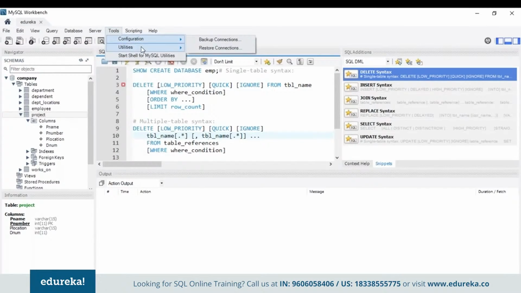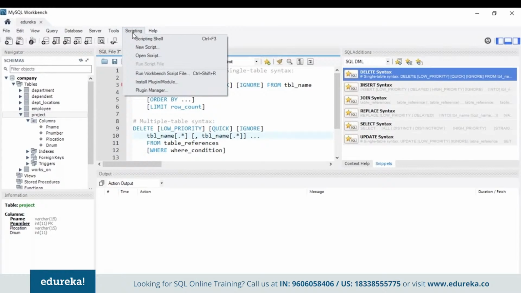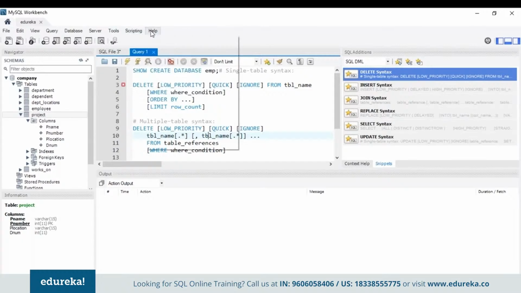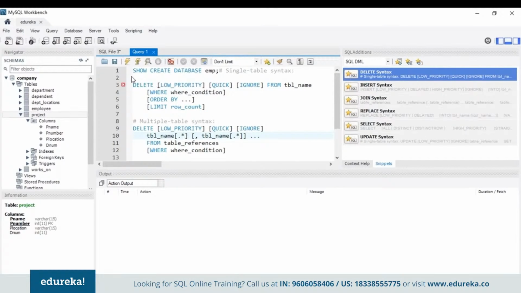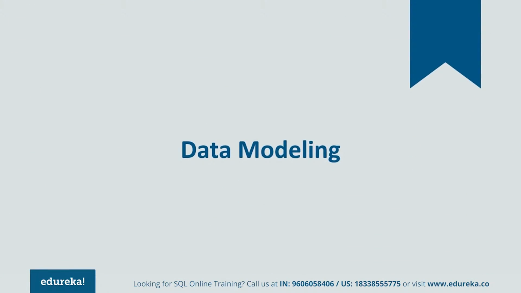And similarly for tools, we have various utilities such as you can copy the particular code in the query pane as a PHP code, or we can just iterate the select results. In the scripting option, you can just choose to have a new script, or you can open an existing script. And in the help option, you just have all the documentation files where you can find the help for this workbench, right? So now that you've understood the SQL development module, it's time that we jump on to our next module,